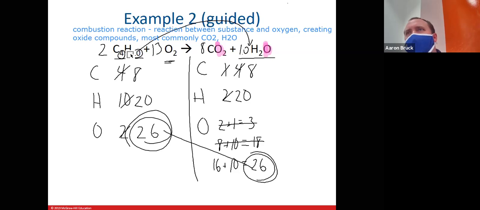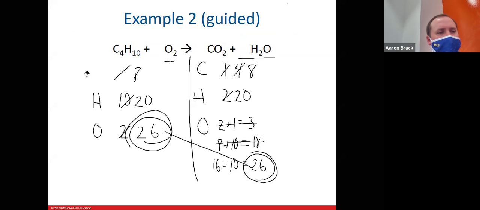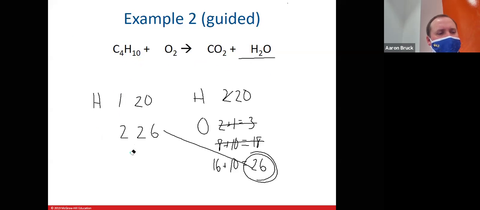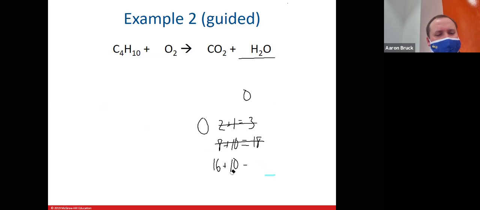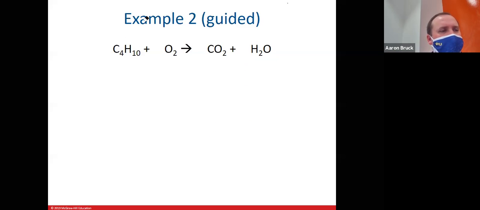These are the most difficult to balance, though. And it's because of this factor right here. So if we had not done my subscript trick, let's just clear the board here and go after it again. If we had done this straight up without the subscript trick to guide us, we would have ended up in a spot